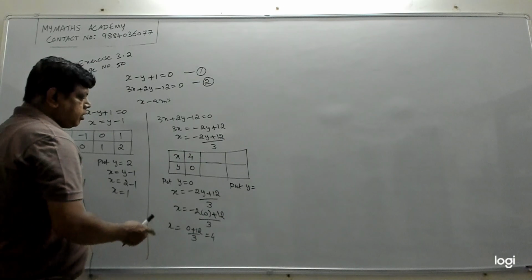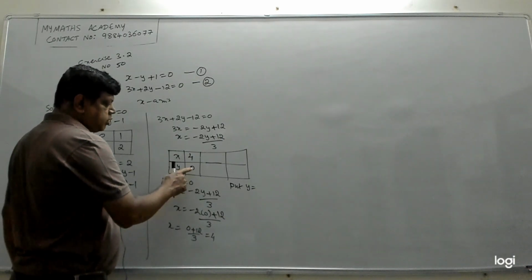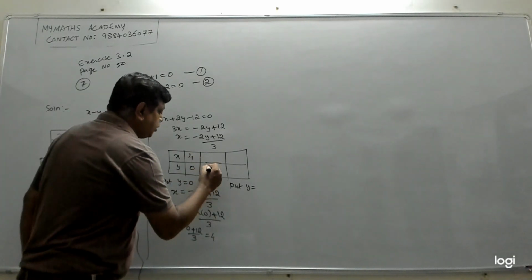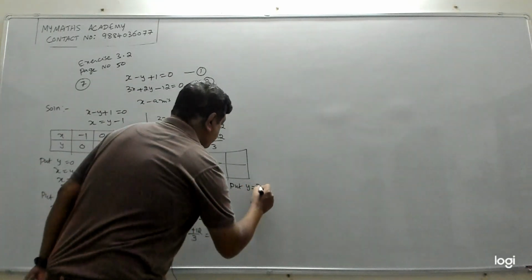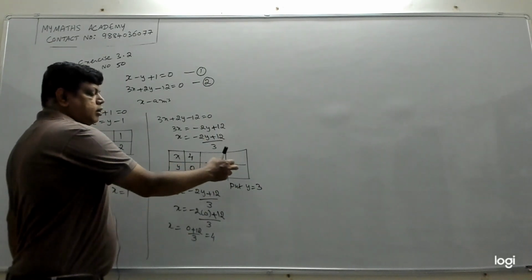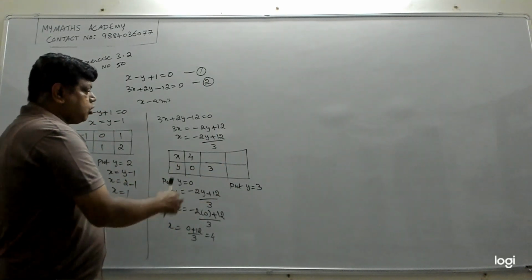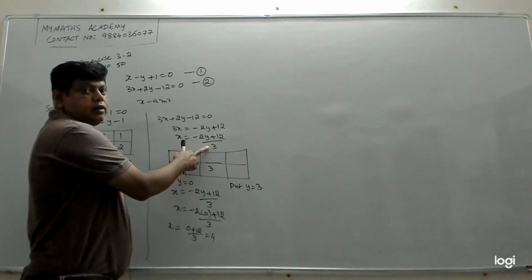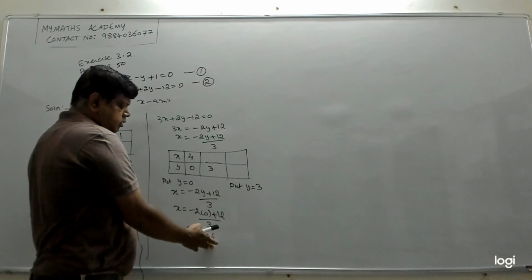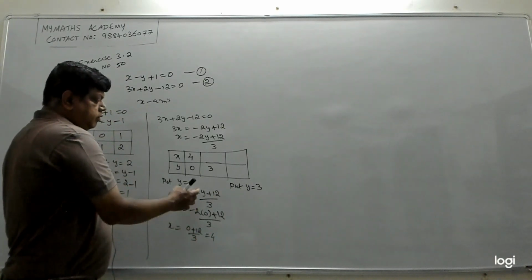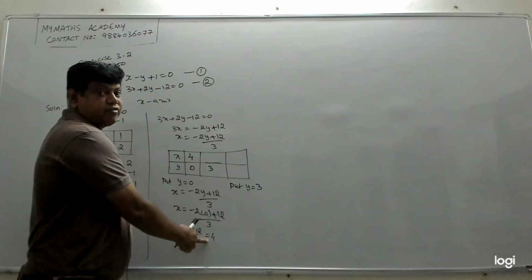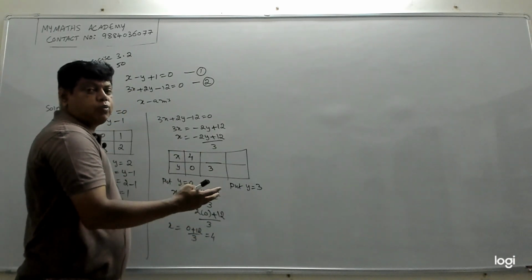That is very simple. You take the previous value that was substituted, 0, and add 3 to it. What is 0 plus 3? 3. You put y equal to 3. That is how we will get the next value. Here you can't just put 0, 1, 2 or 0, 1, minus 1. If there is a denominator, and the first value gives a nice number, then fine. But suppose the first value y equal to 0 itself gives you a fraction, then you need to try with y is equal to 1, y is equal to 2.